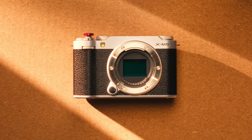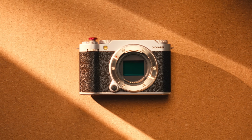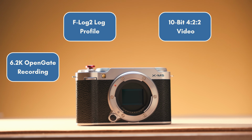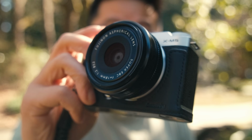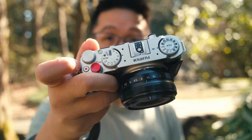This is the Fujifilm XM5, and it's one of the most interesting cameras I've tried in years. Not because it is the best at any one particular thing, but because it combines a lot of elements that are usually reserved for cameras that are larger and more expensive. There is a lot packed into this tiny camera body, which is also why I think I am slightly conflicted